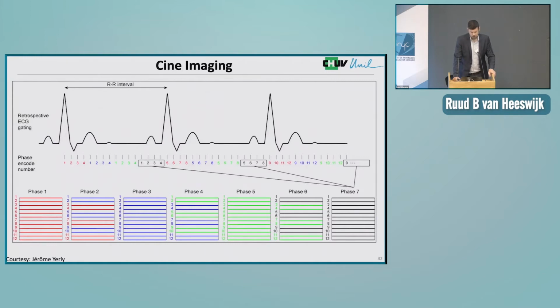And then in the second heartbeat, you collect the next few lines and so on, as is shown here, lines 5 to 8 or so, and so on, until your entire k-space is filled up. So even though it looks like a real-time movie, it is not. And when you look for artifacts in this kind of image, you need to keep in mind that it's acquired